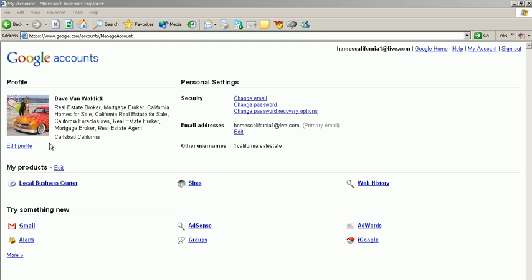There are three things technically that I'm looking for in a Google account. Right below the picture, if you can see the blinking mouse right there, there's a link that says Edit Profile. That will give you a section where you can create a profile page. A profile page is your first step in getting everything else going, because it ultimately gives you a place where you can be brought up in the search engines